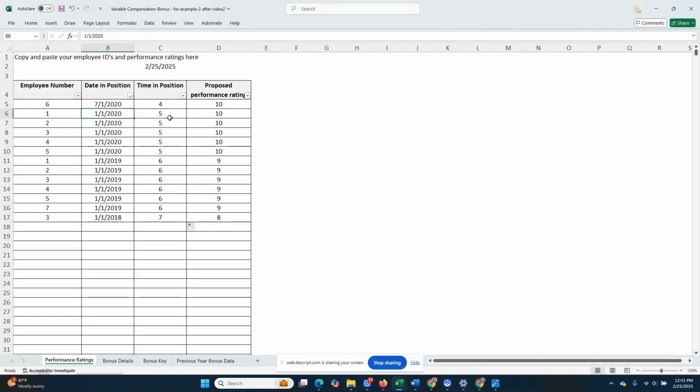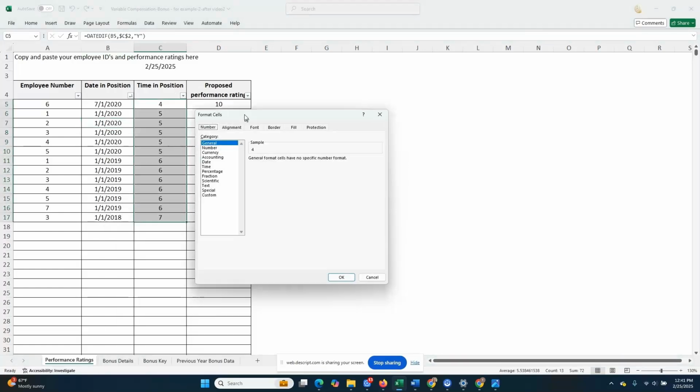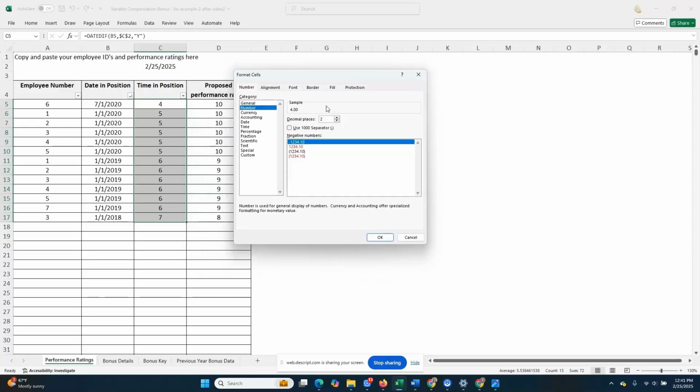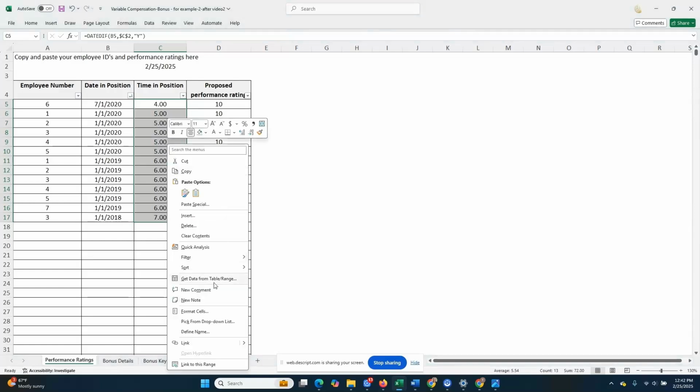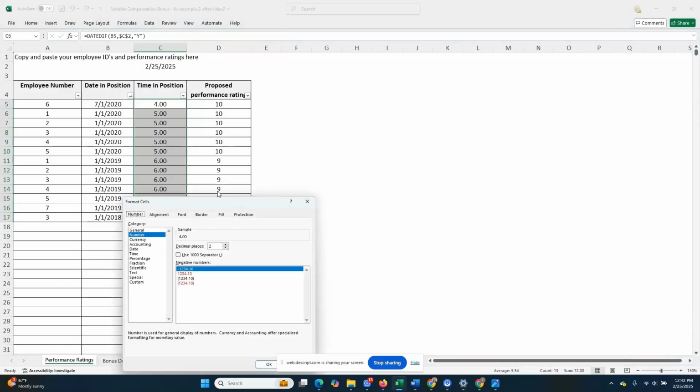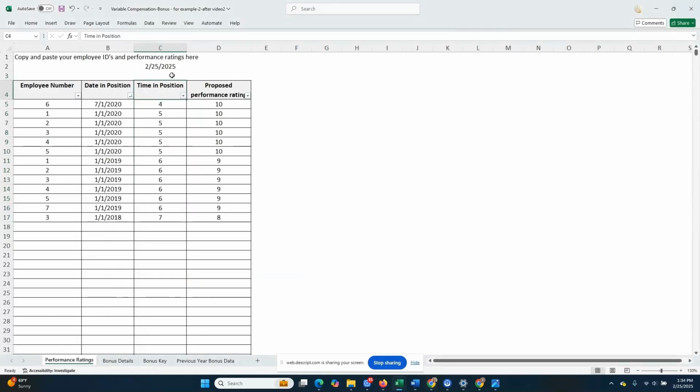So yeah, it looks like it's rounding. So people hired in January are being counted at 5 years, even though it's probably 5 years and a month or two. Let me just check; it's formatted as General. If I format it as a number with a decimal, okay, it's not rounding the decimal, it's just giving us the full year. Okay, so now I am going to add this label, years for time in position, and let's try the next formula